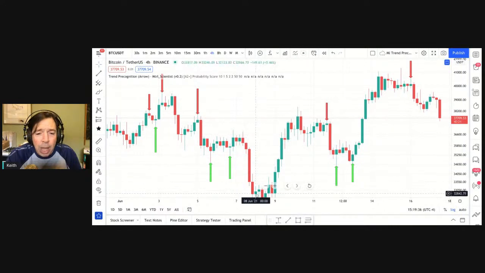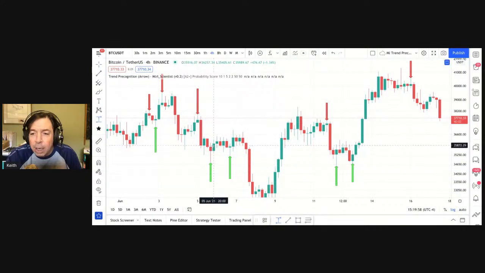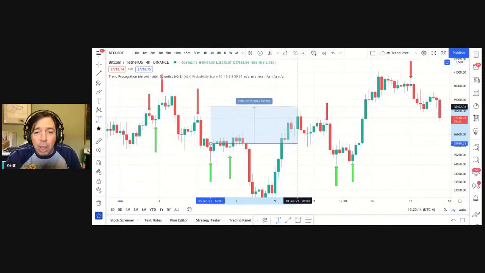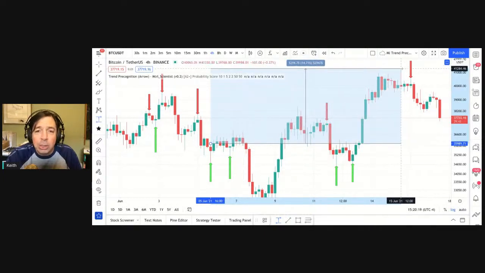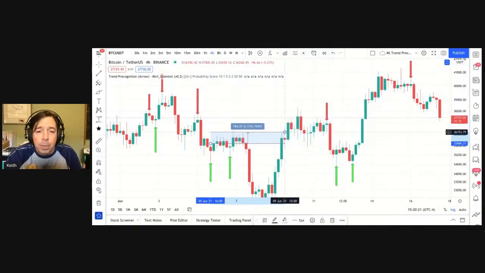Let's see what that move would look like. Okay, so there's 2.5% to this signal right here, and obviously you could play that how you want. That's up to you. Solid move either way, but maybe you want even fewer signals.